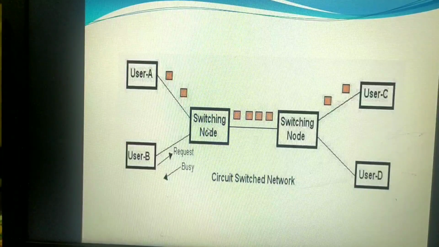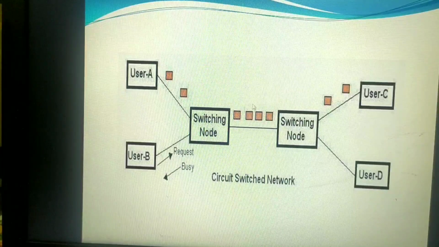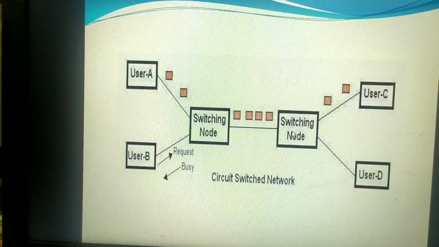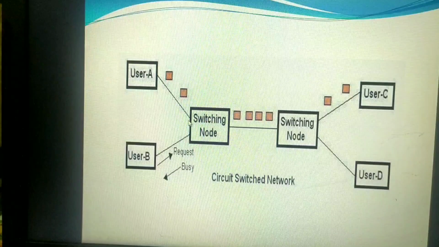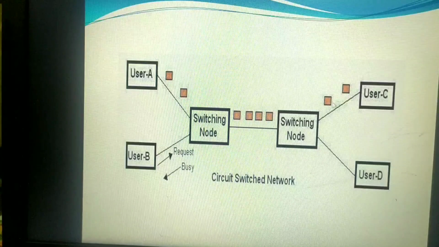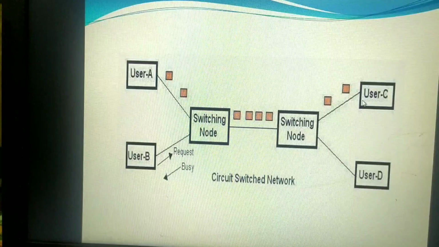The switching node will send a signal to the destination. Maybe this switching node is not in range to directly reach C, so it will send the signal to the nearest switching node, or it might be only one switching node also. The nearest switching node will send signals to check whether user C is free or not.